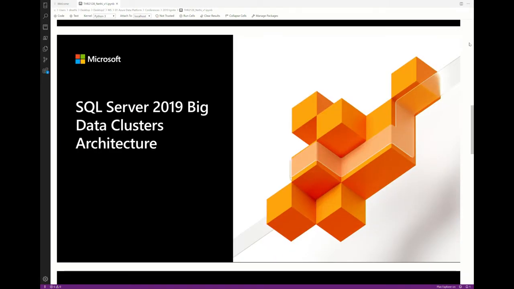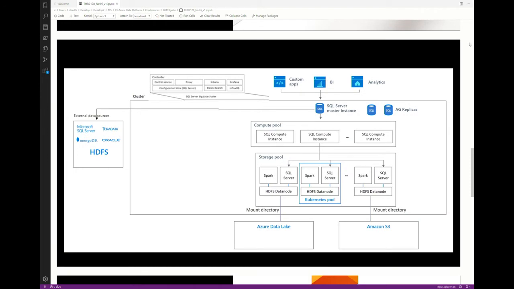So before we start the deployment experience, let's spend a couple of minutes going over the high-level architecture for the big data cluster itself, just to see what it means to deploy one. The simplest definition that I've seen of a big data cluster is that it's a scalable cluster that has SQL Server, Spark, and HDFS all running on Kubernetes. Now, as simple as that sounds, this is a snapshot of what you're going to deploy. Let's spend a minute to understand what's over here.